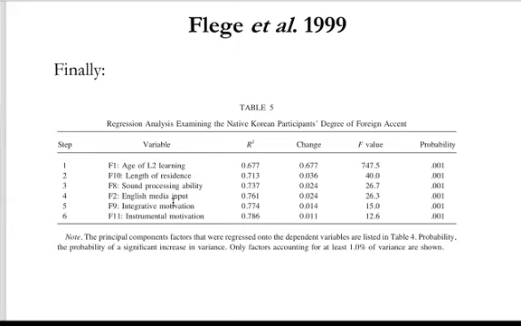This is a table where they list the most important predictors in these data in order of how much variance in the data they explain. So what does that mean? Well, what we have here is a whole bunch of data from a whole bunch of different people, and people differ in their performance on these tasks. And there's a way to quantify exactly how much people differ. We refer to that as the variance of the data.